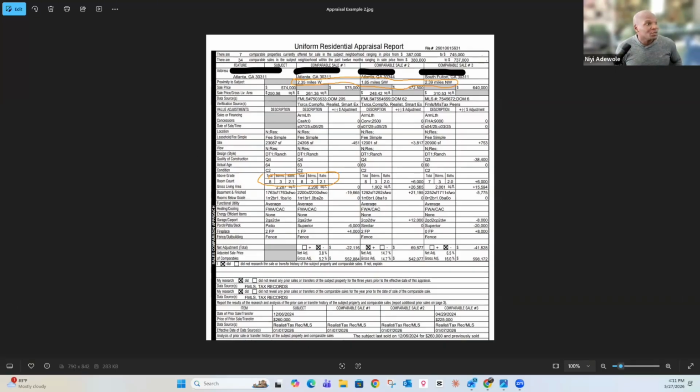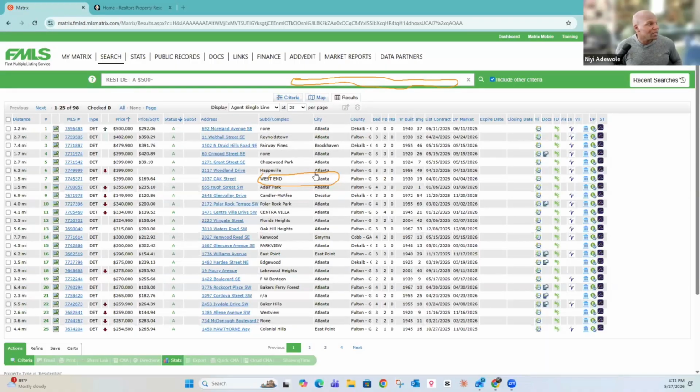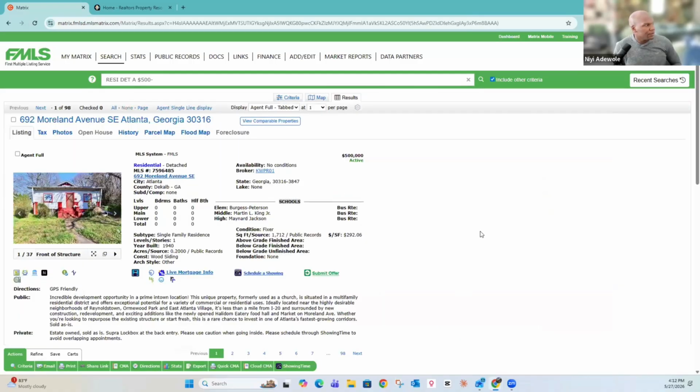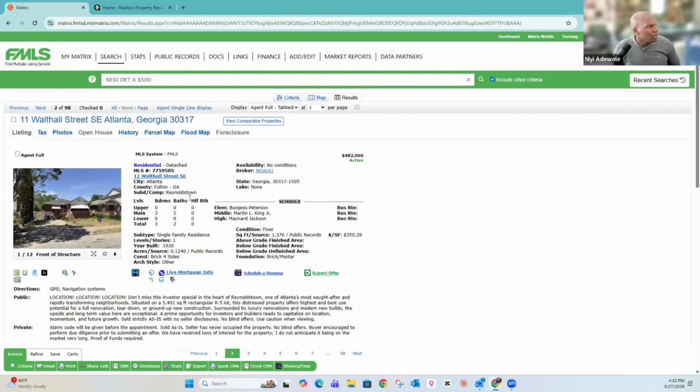Okay, now I want to get into actually showing you how we coach our team and do CMAs as well using a live example. So I put in a simple search on FMLS and I put in 500K or less for a property and I wanted the fixer upper property. So I'm just going to find a property that needs some work, right? And we're going to run the numbers on it. Ideally one that has some items in here that we can actually look at.